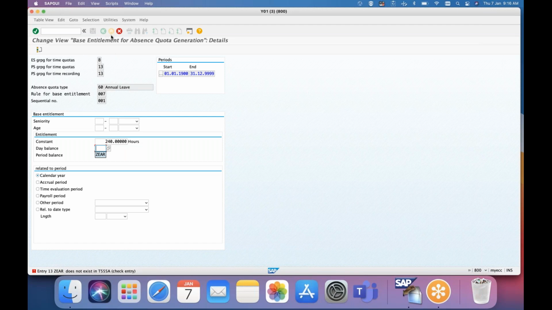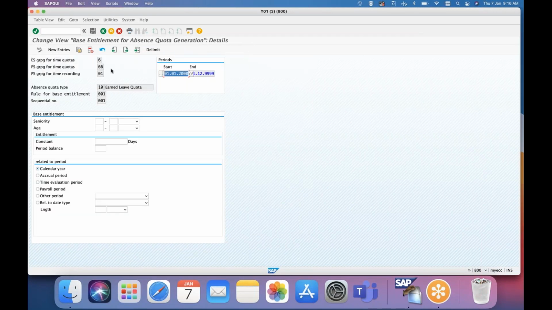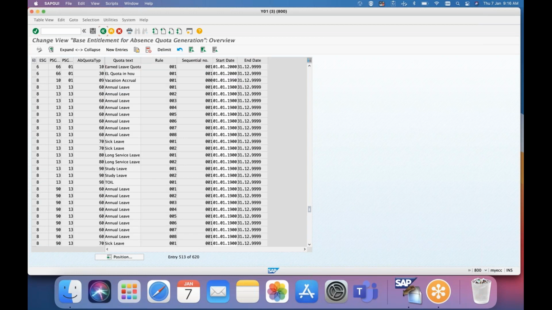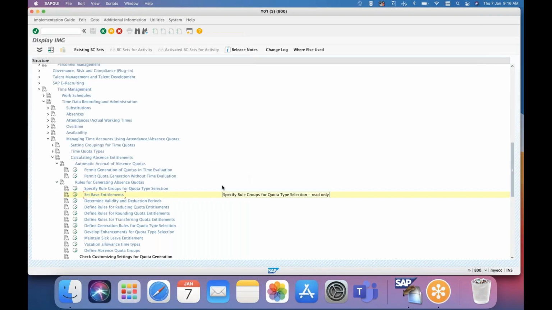Okay, so here we can't see the time type because there are some values already in the time type in our quota which we are creating. Here the ZES day balance field is hidden because there is some values already maintained. We can see this table in the generation rule after doing this time type. So what here we will do is, generally we will not give any number constant, we will give a time type, and we will save the base entitlement.